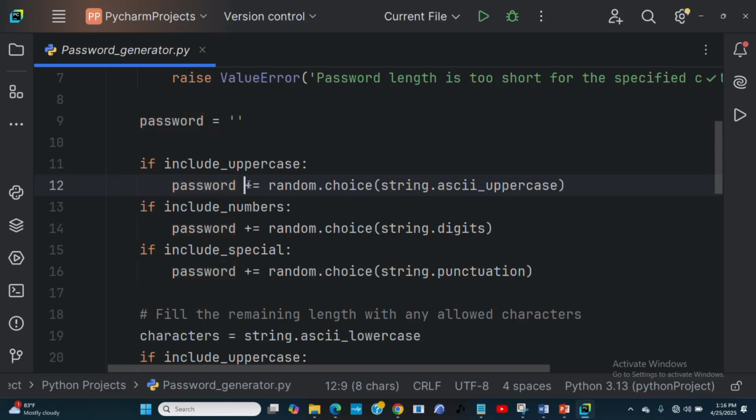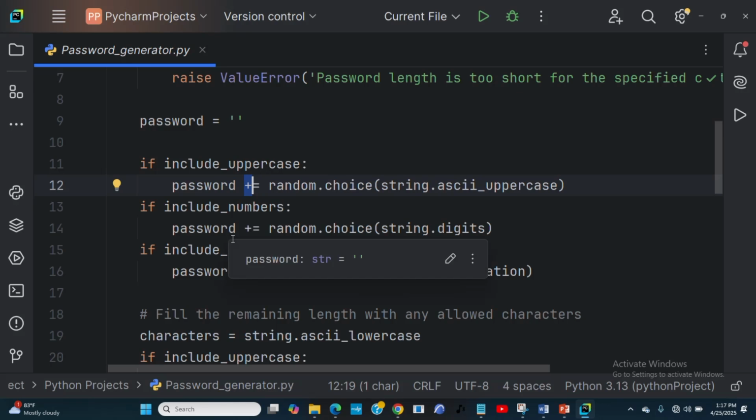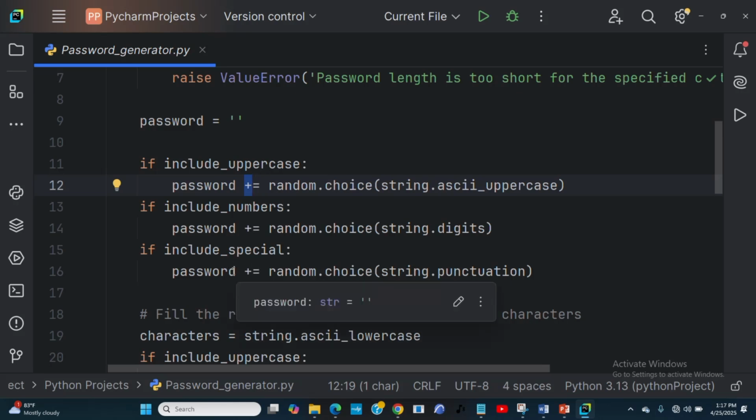And remember, it's a postfix operation, we are incrementing it, going to the same place. If it includes numbers, we also assign the numbers to the password, meaning we are adding from here. If it includes special characters, we use string.punctuation, the special characters, and we also increment to add to that particular password.